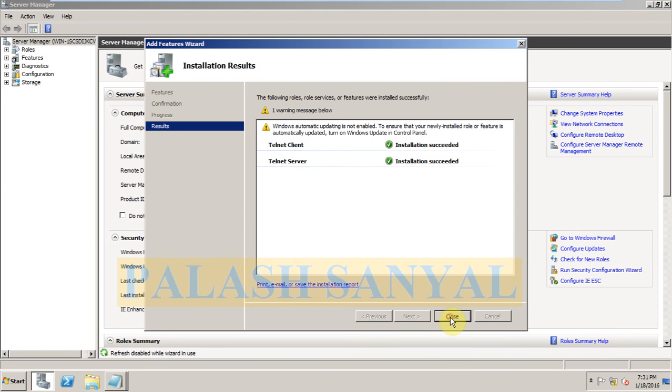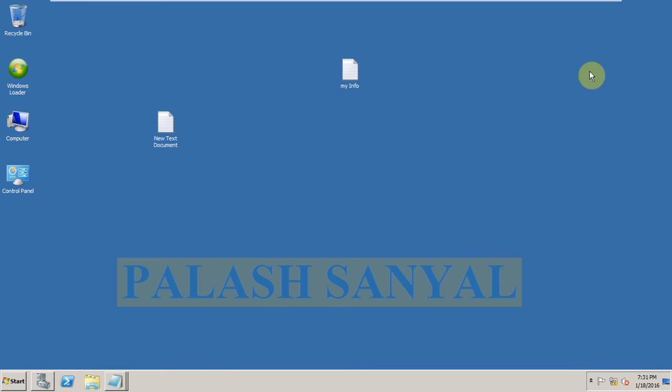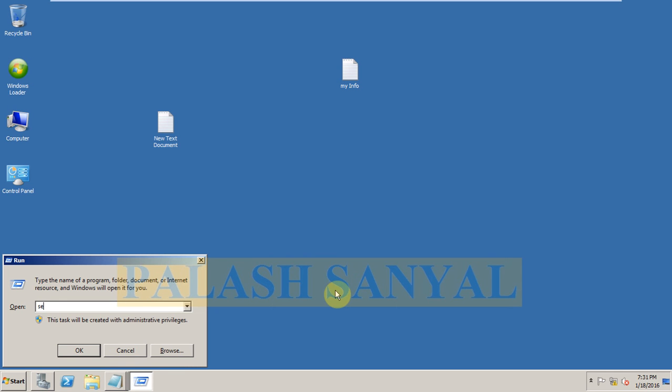Installation succeeded, so click on Close. My Telnet server is installed in my server machine. After installing the Telnet server, Telnet is not running on your machine. To run your Telnet service on your server machine, go to the services options, services.msc.